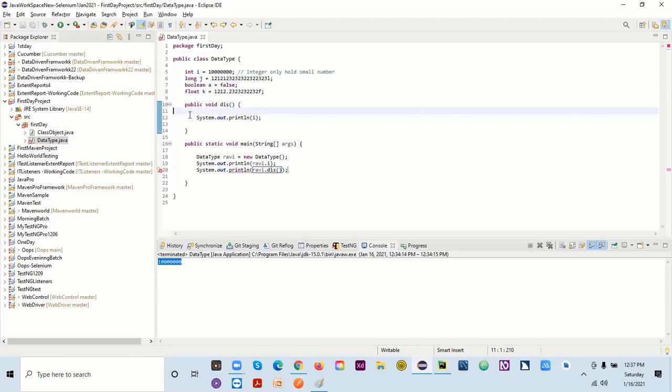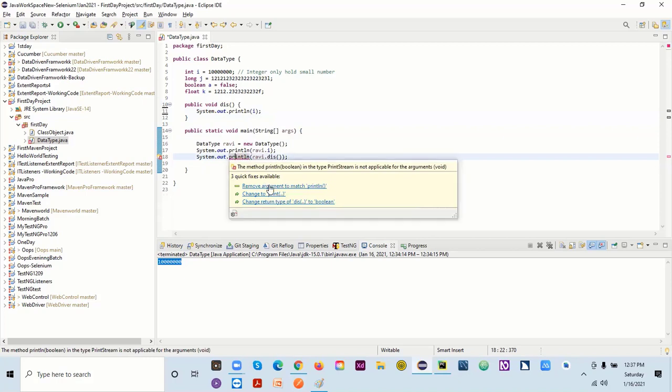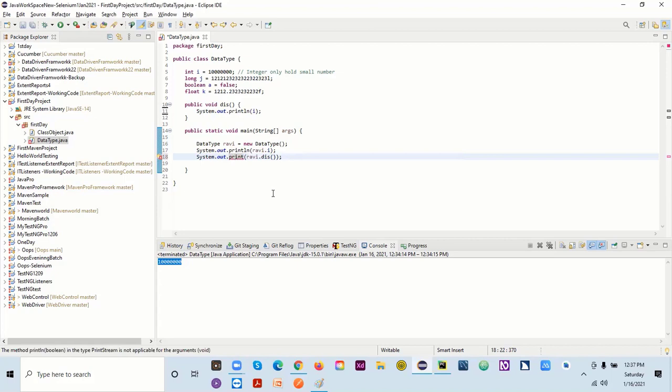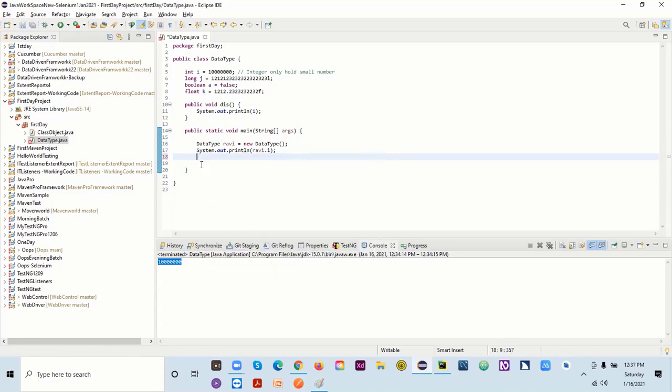So what we can do instead of this is give the reference variable, Ravi dot, and it will work.